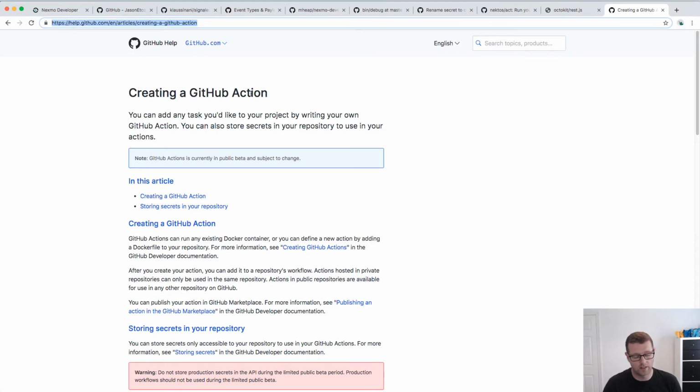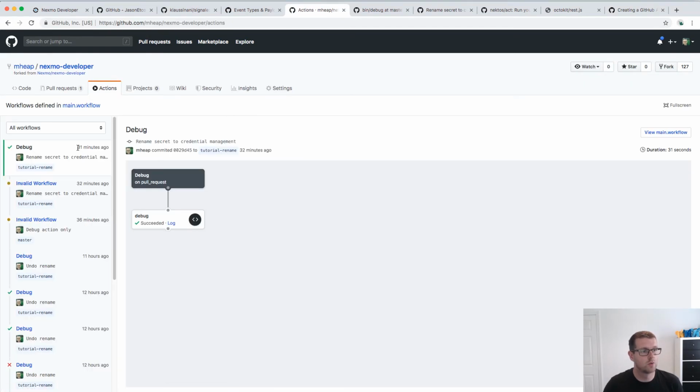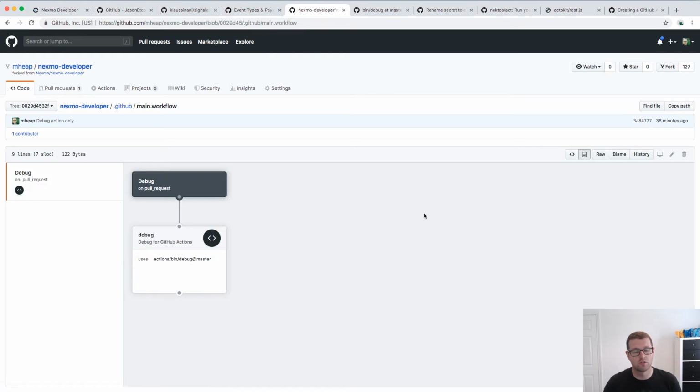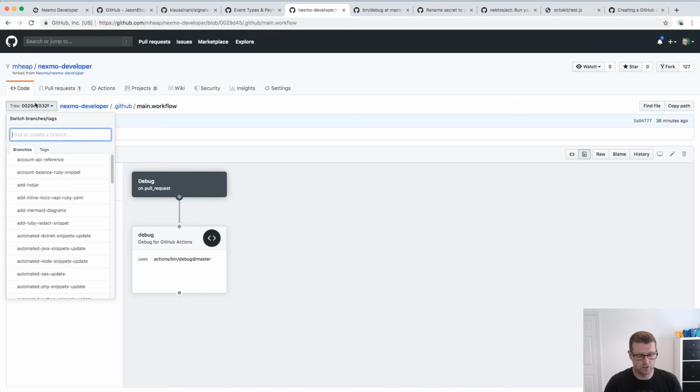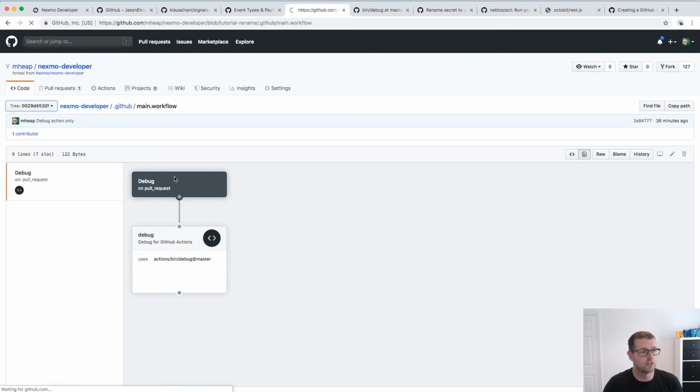I can't remember, and I've just had an idea of what the best way to show you this will be. So if we go into actions, we can do view main.workflow. And they've actually got this UI where you can edit things. So I need to be on a branch. Use our tutorial rename branch. And if I click edit,